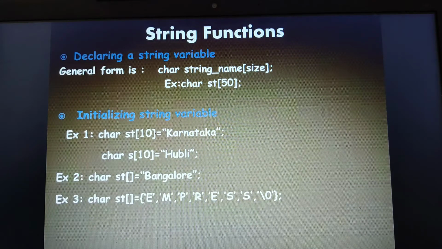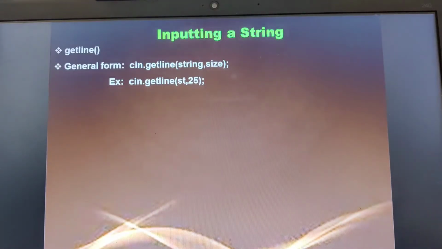Now let us move on to the next topic here. How do we input a string and how do we output a string? There is another example, character followed by the string name followed by the size, and the string is book. In order to input a given string, we have a function known as the getline function. getline is a function that belongs to the header file iostream.h.